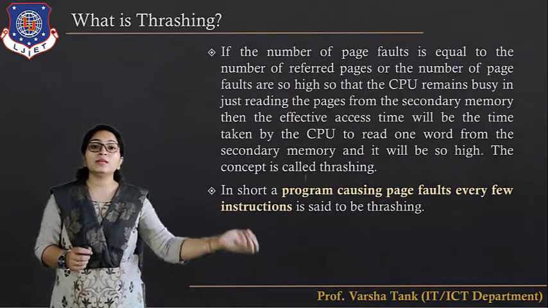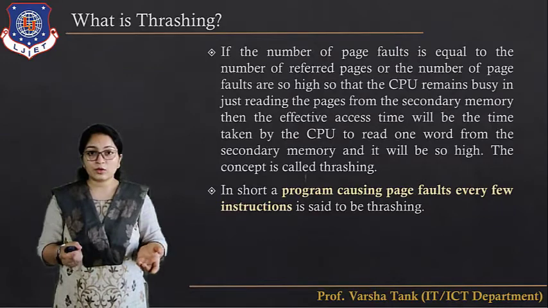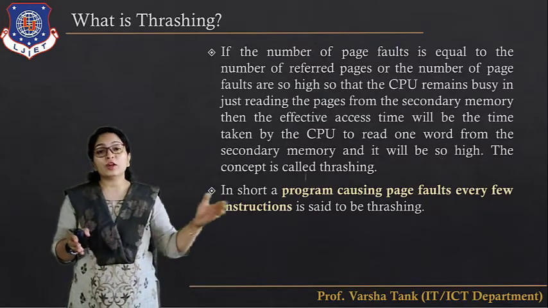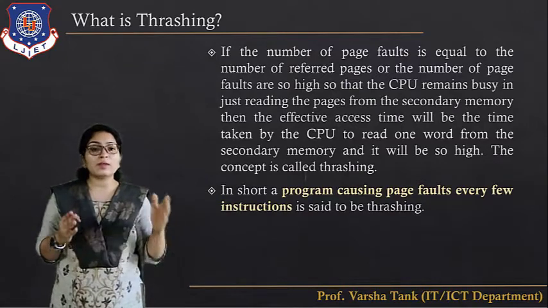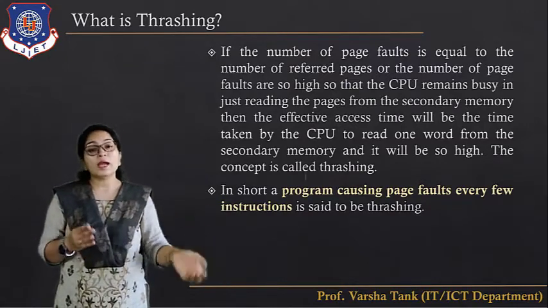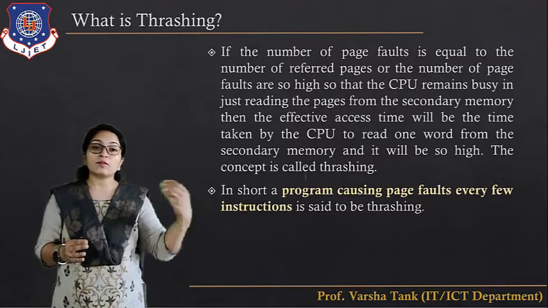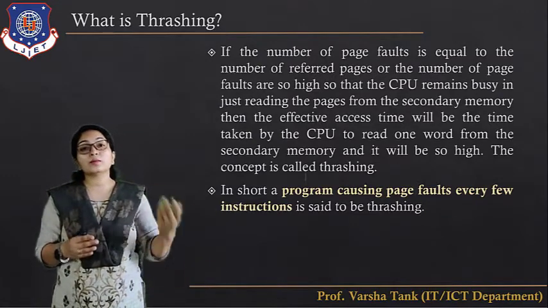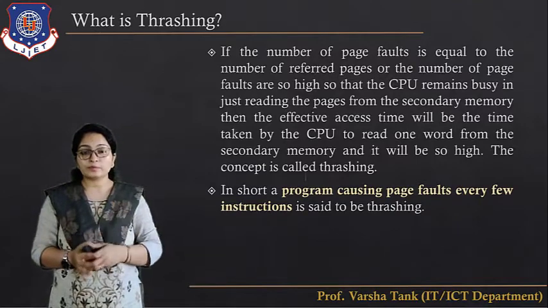The operating system has to bring the page from the secondary storage. So what is that? Thrashing. For example, say 5 frames are there for the execution, so the program is divided into 5 frames. Every time we require 1 frame, and that frame is not present in the memory area. So every time for the program execution, a page fault will occur. That is known as thrashing. Got it?